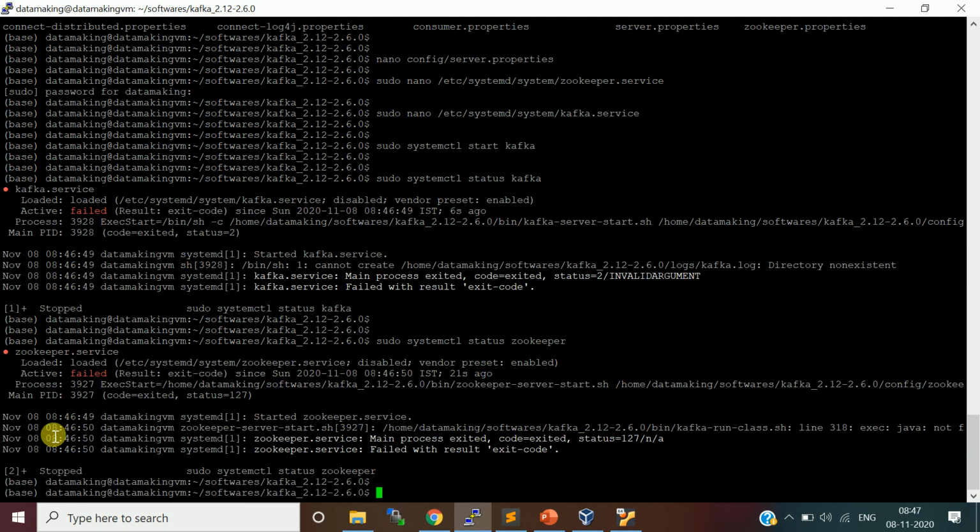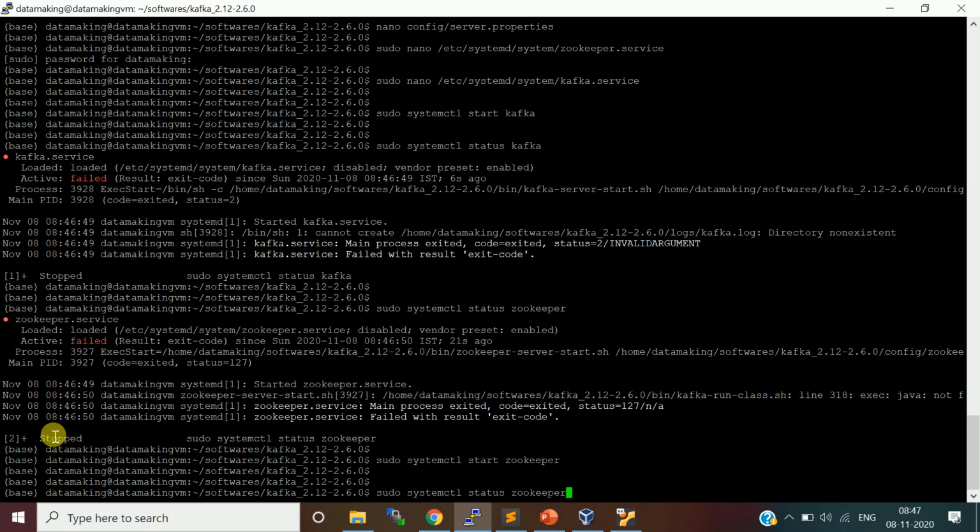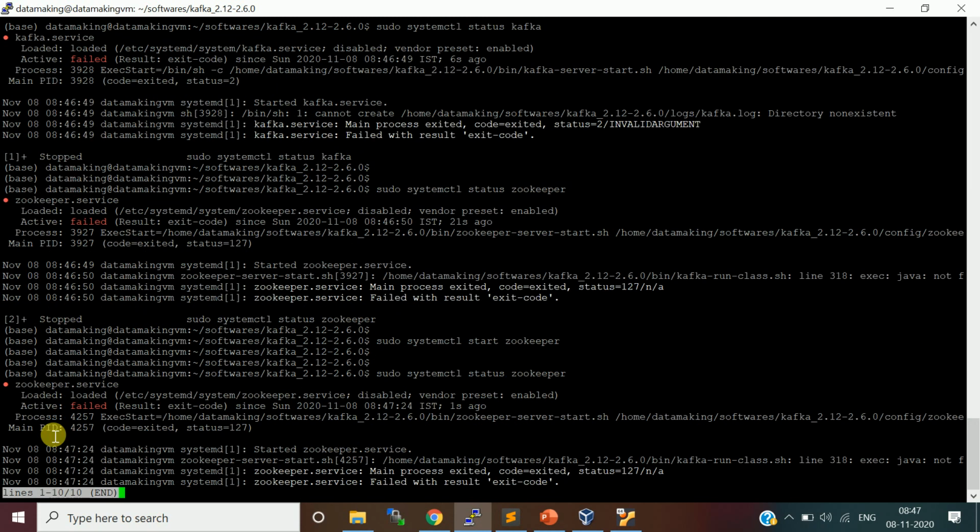Let me start that first, ZooKeeper, and check the status. It is not starting. It says some error has come. It says Java is not found, it is not able to find Java.